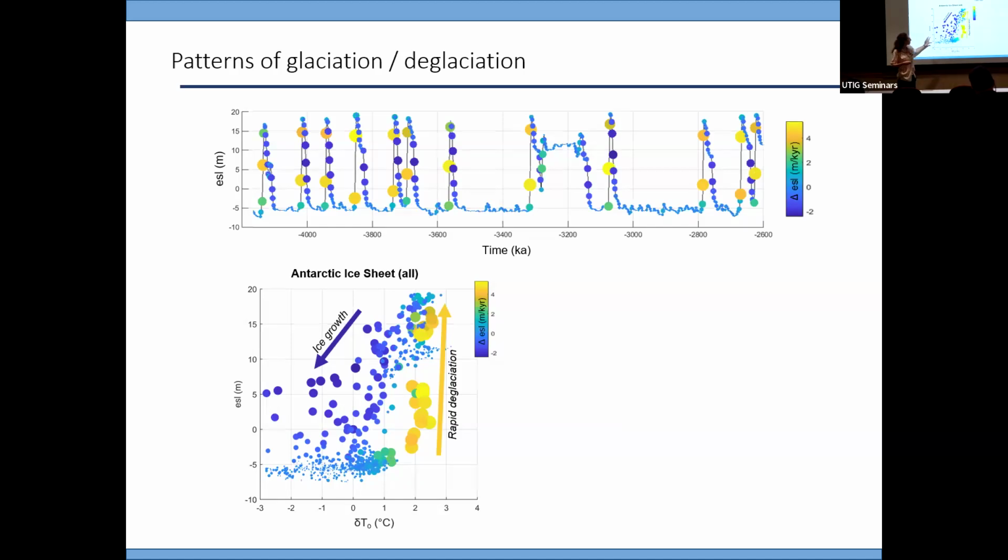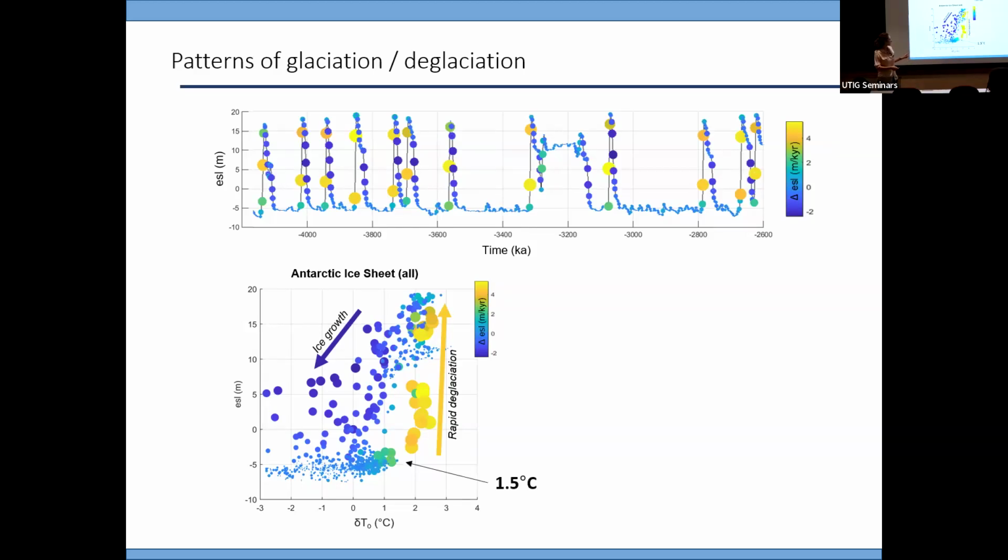The way to look at this plot is, say we're starting off here. We have a big ice sheet, and the dots are small and blue. Nothing is really changing. You're warming, warming, warming, and all of a sudden maybe you start to retreat a little, and then boom, you hit this threshold. Now you've got these yellow deglacial episodes, right? So you're shot up here into this space. You have a tiny ice sheet and high sea level. As ocean temperatures cool, you grow slowly, somewhat linearly, back into a big ice sheet.